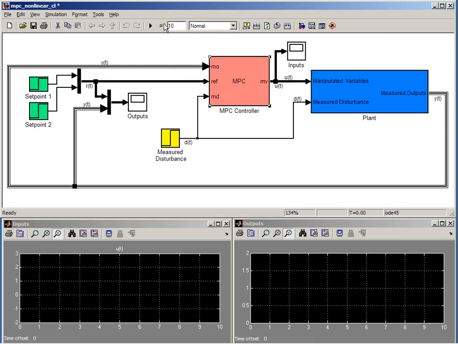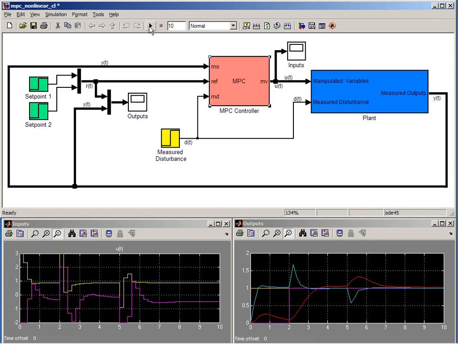So now we can test our controller against a nonlinear Simulink model by running the simulation, observing the performance of our controller. It still looks pretty good. Checking that our manipulated variables are still within prescribed limits, and if we are happy with performance of the controller,